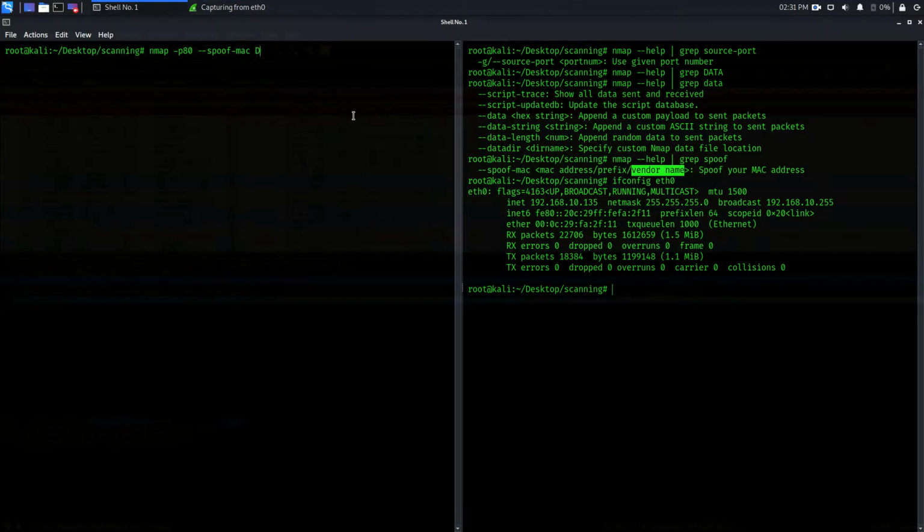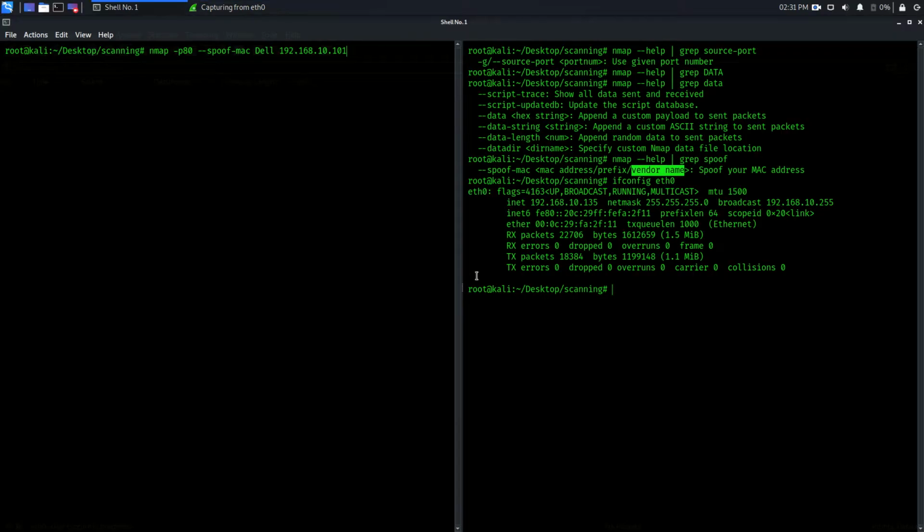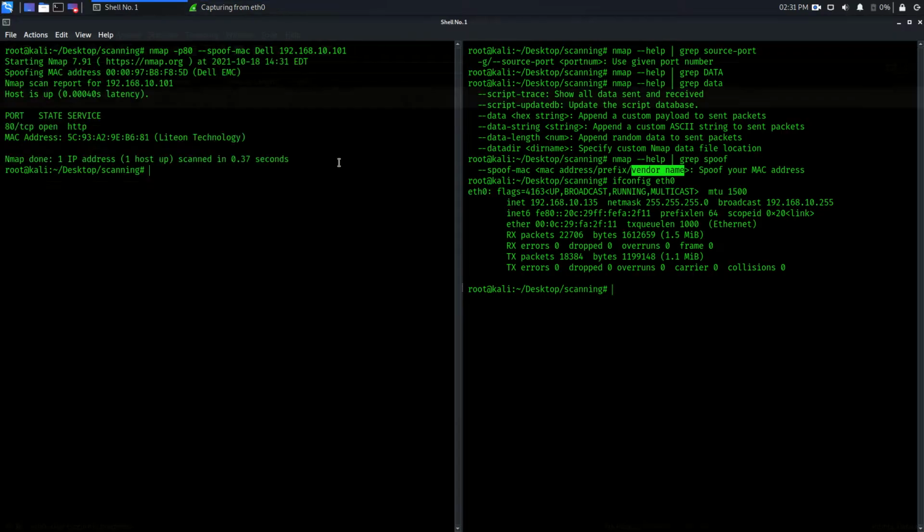But if I spoof my MAC address with Dell, and the target IP is going to be 192.168.10.101, right? I'm going to start it again and hit enter.